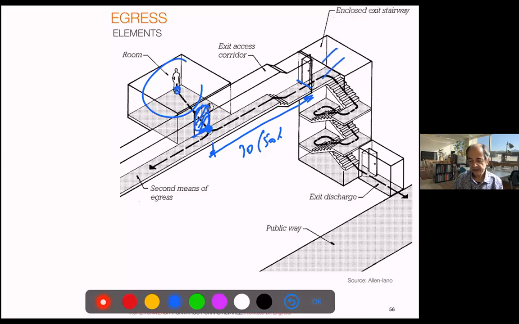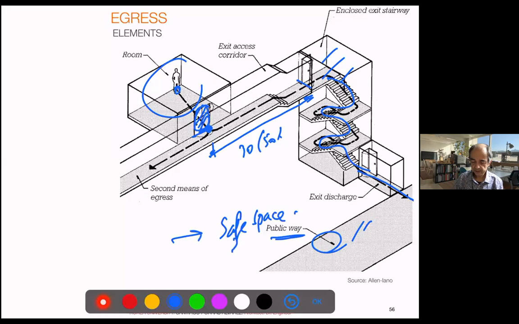Then if the stair is safe, the rest of the distance is not taken into account. And usually the exit goes to a safe space, right? Public way. But I stress safe space because in Seoul we have many alleys which cannot be accessed by firemen,